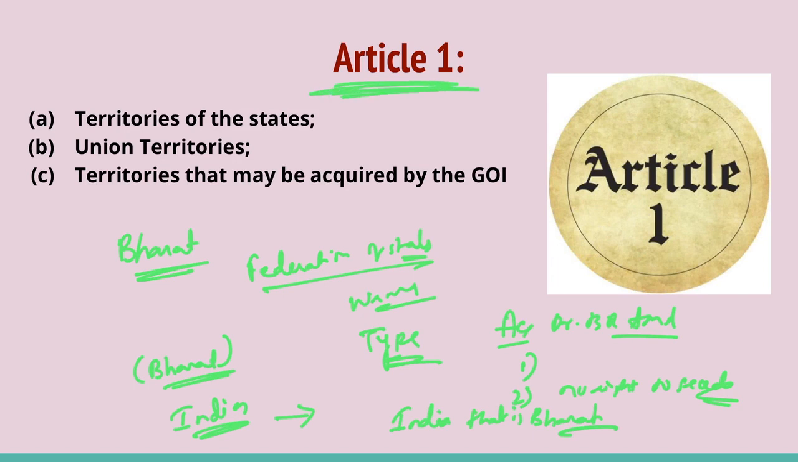According to Article 1, the territory of India is classified into three categories: territories of the states, union territories, and the territories that may be acquired by the Government of India at any time. The territory of India is a wider expression than the Union of India, because the Union of India includes only states, while the territory of India includes not only the states but also the union territories and the territories that may be acquired by the Government of India in